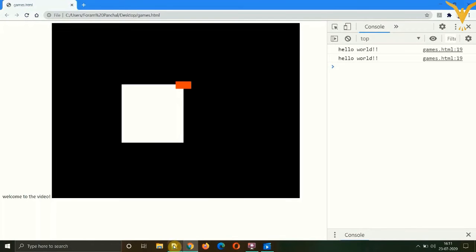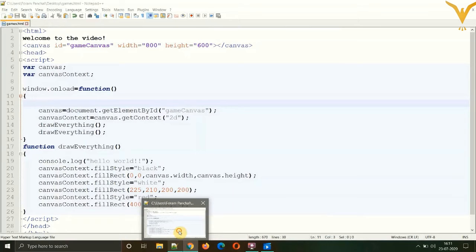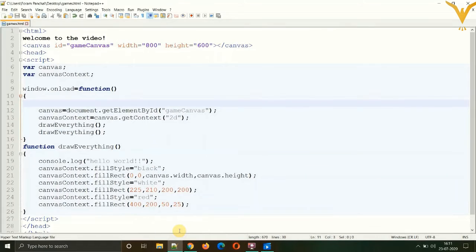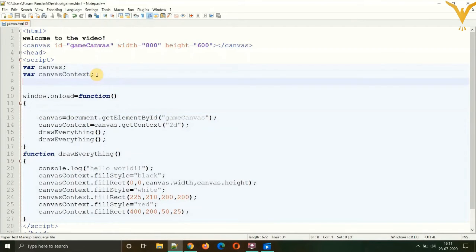So now let's have some movement in our code. Let's create a variable. Creating variables is very necessary because if you have a time variable, or a variable for your sprite, the speed of your sprite, you can easily change them by incrementing and decrementing. So variables are the building blocks for creating something. So variable ballX.